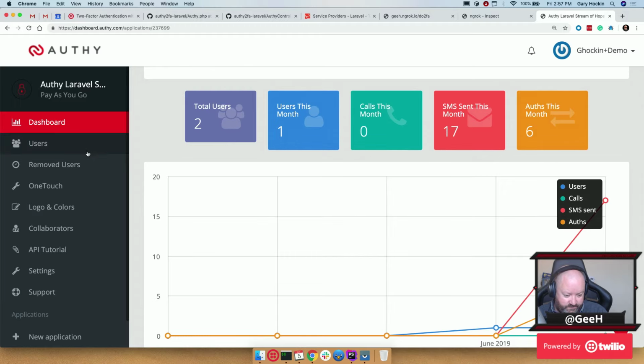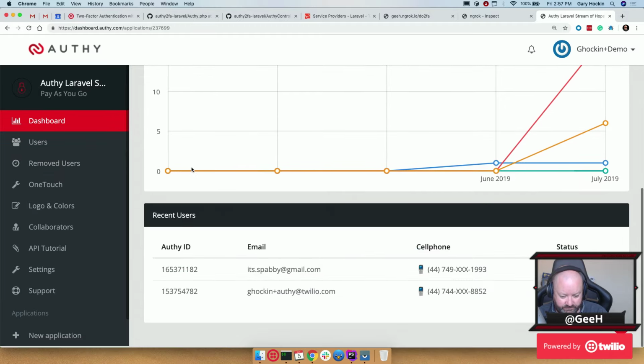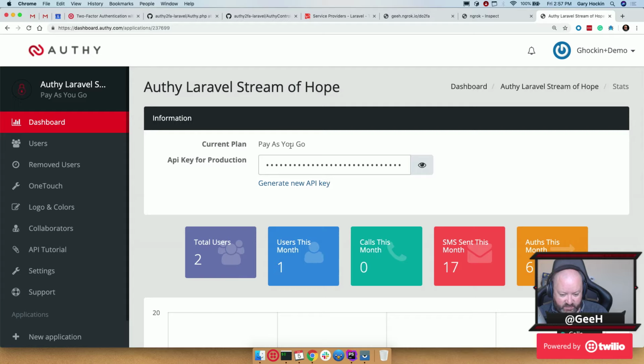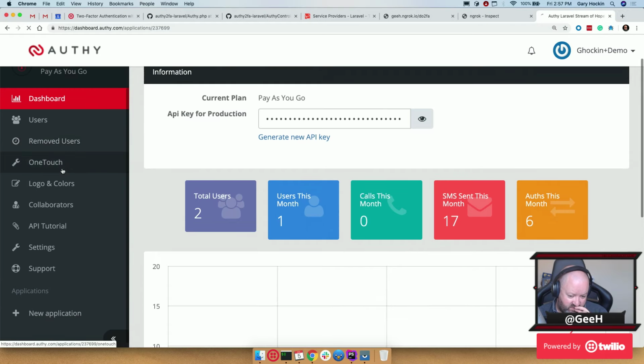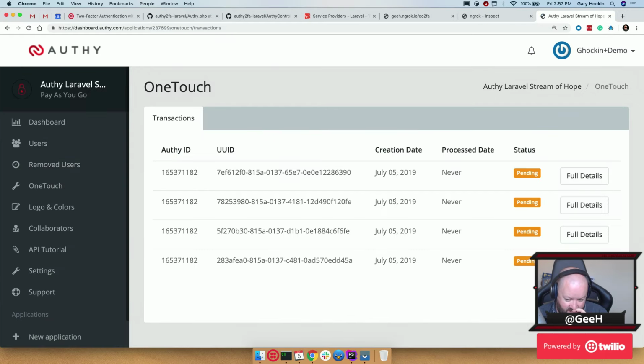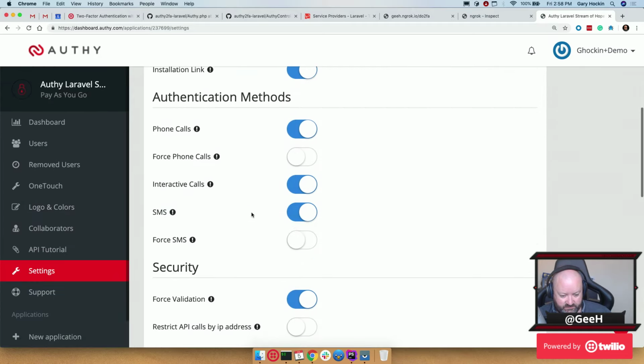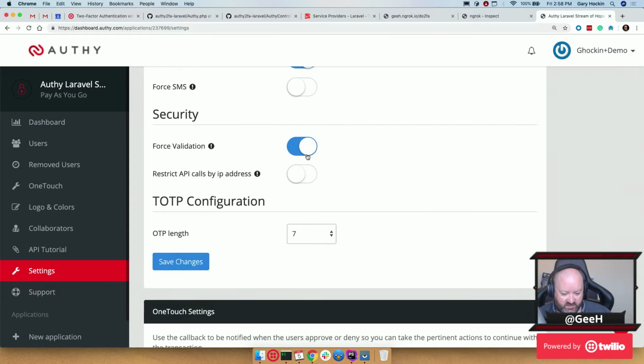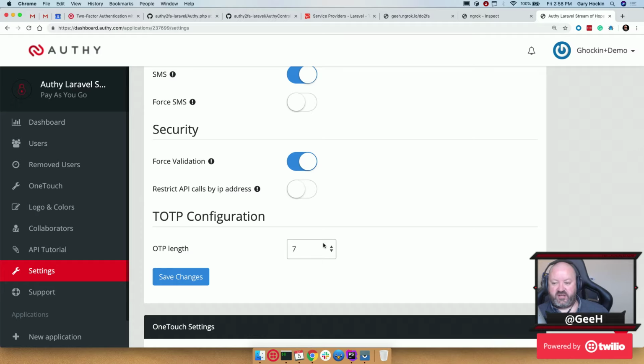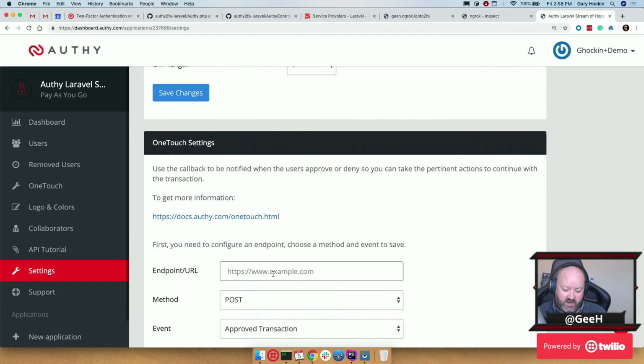Okay, so I want to set this app up so that it is using Onetouch. Oh, look at this. We can see the 4 Onetouch things that we've sent. That's pretty cool. How do I set that up, though? There's got to be a way to set this up, right? Oh, I can change the TOTP. This was the question I had earlier about everything. So the endpoint URL we want is going to be